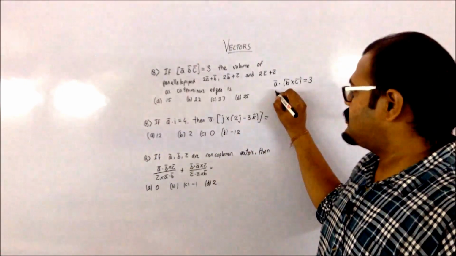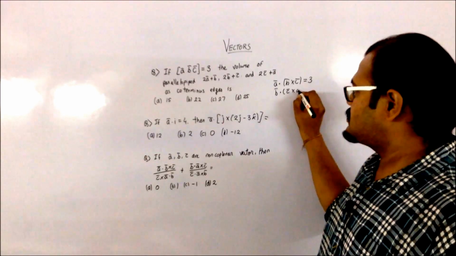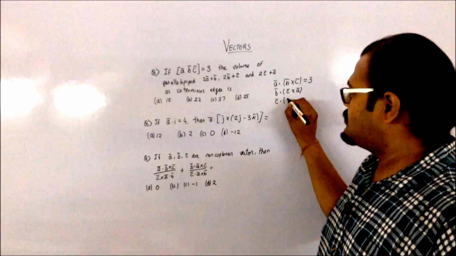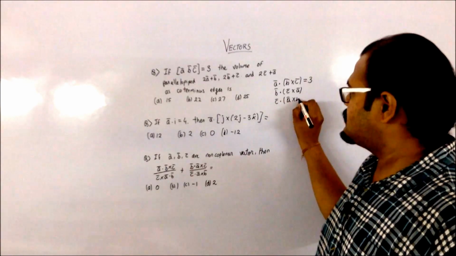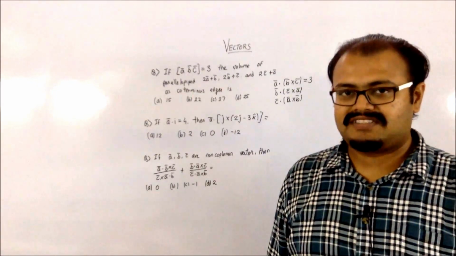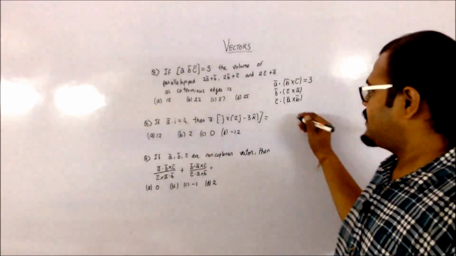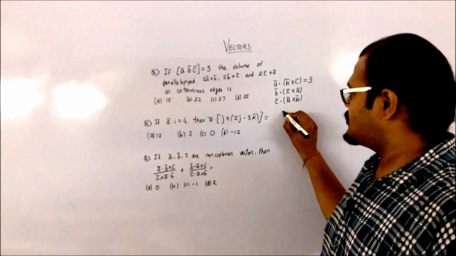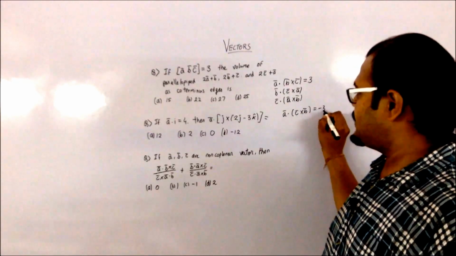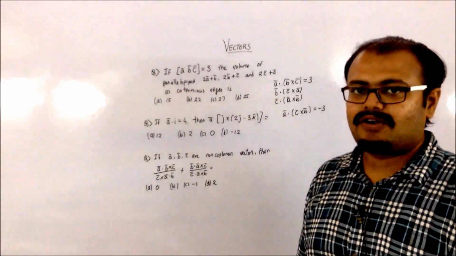That means the value of this will be the same as B dot C cross A, and will also be the same as C dot A cross B. So all these values will be equal to 3. But if I change the sequence non-cyclically, then the value changes to a negative value. Like I will have the value for A bar dot C bar cross A bar as -3. So you can see that the order is changed not cyclically.